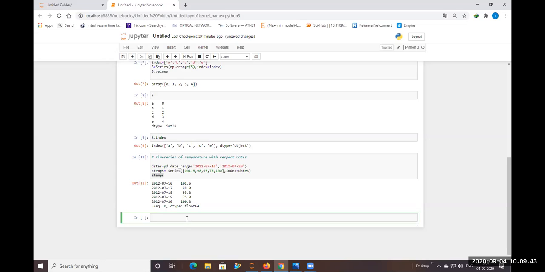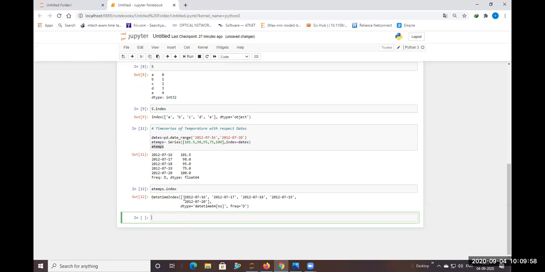And now if you want to see this in terms of an index, I can call the terms index and run this. You can see the DatetimeIndex, which takes all the dates into an index format.